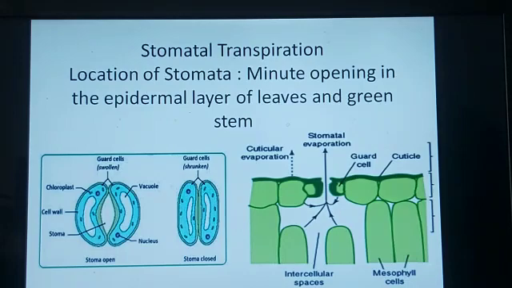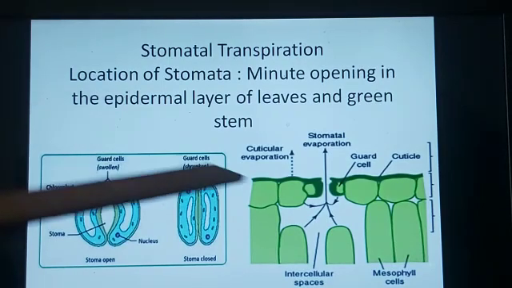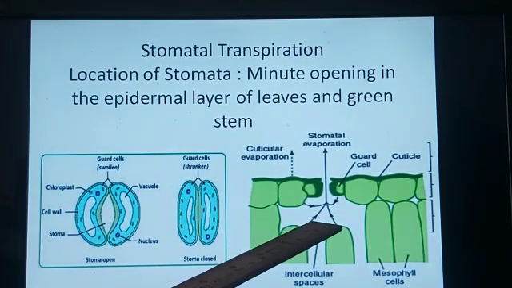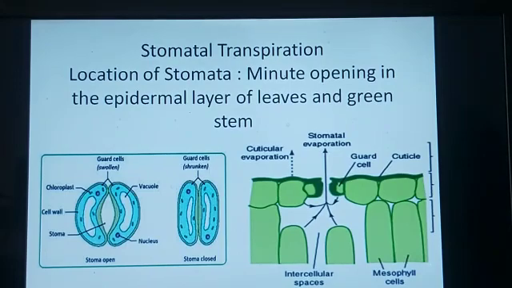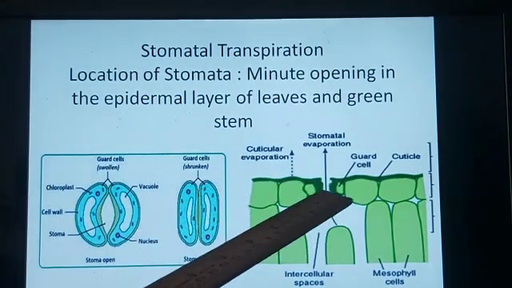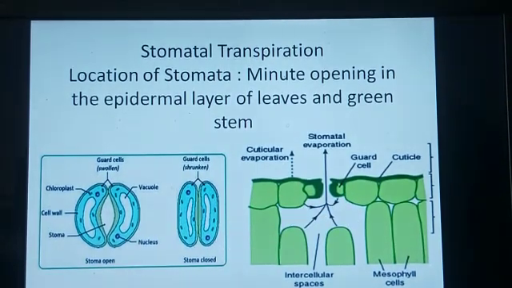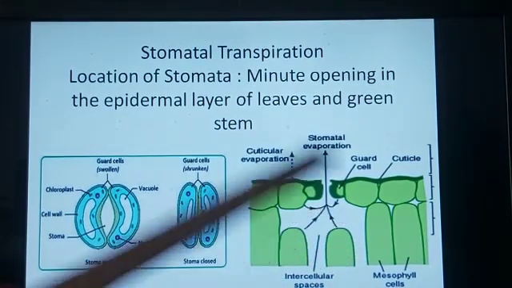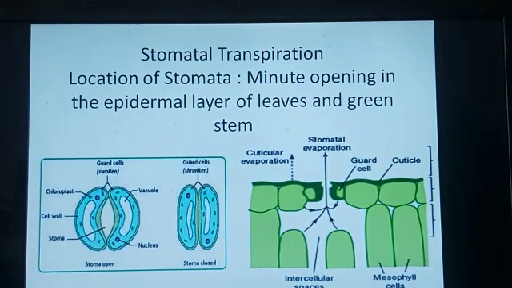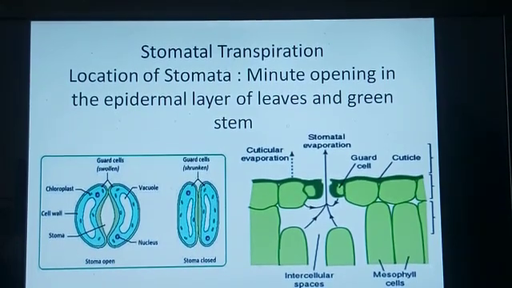The water from this film evaporates and the water vapor formed saturates the intercellular spaces. So here we are talking about the saturation of water vapor taking place. The water vapor then diffuses into the other connecting intercellular spaces and finally reaches the substomatal space, from where it escapes through the stomata. So here you can see the diagram in which there is a space just underneath the stomata. The water vapor comes here, gets collected here, and from here the water vapor is lost through the opening known as stoma or stomatal opening.